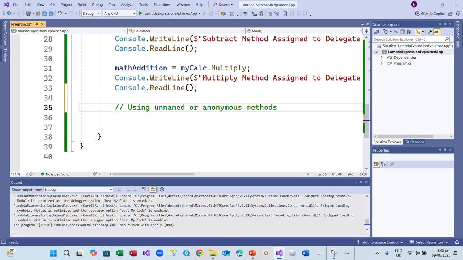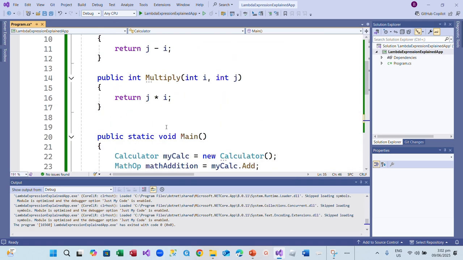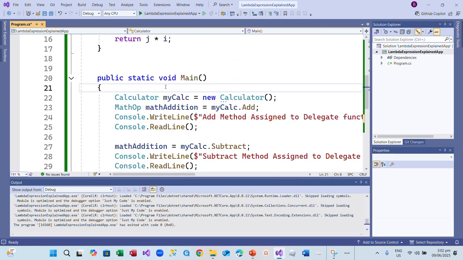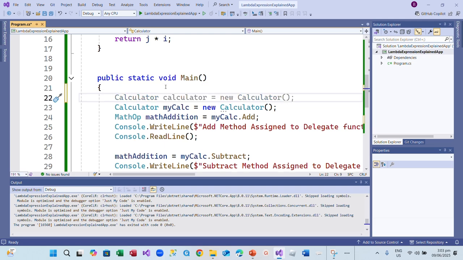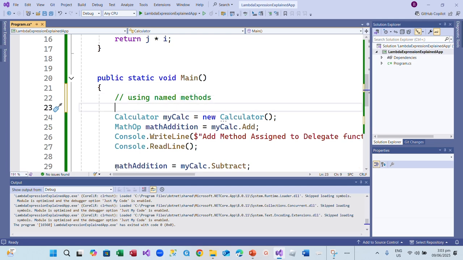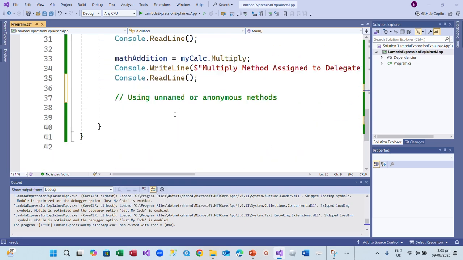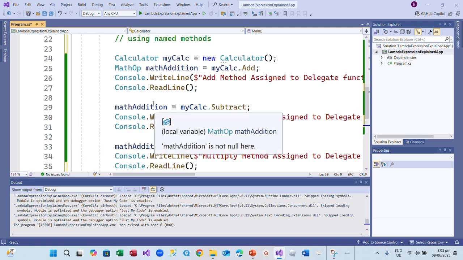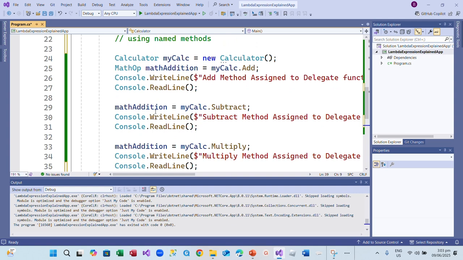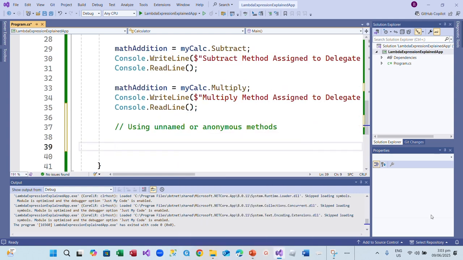So here we were using named methods. So in all these places we're using named methods. Because we are using named methods, this is not by definition lambda. So for doing the same thing now using unnamed methods, in the case of lambda, we now want to define our